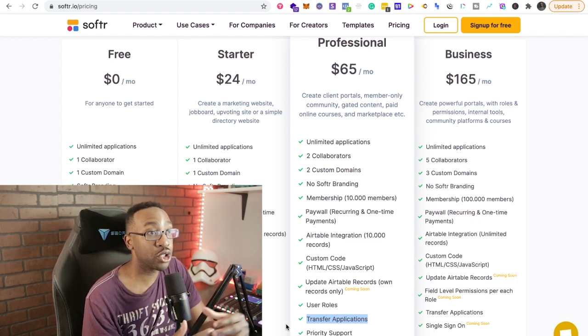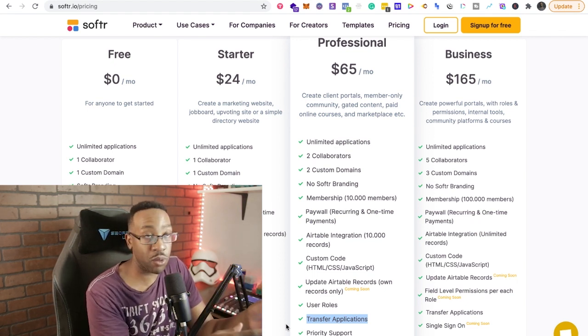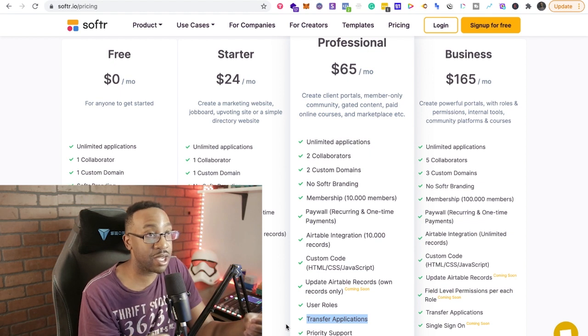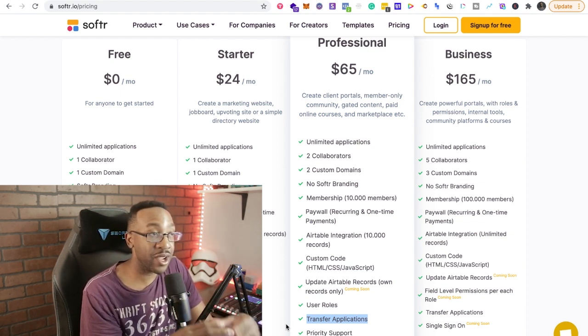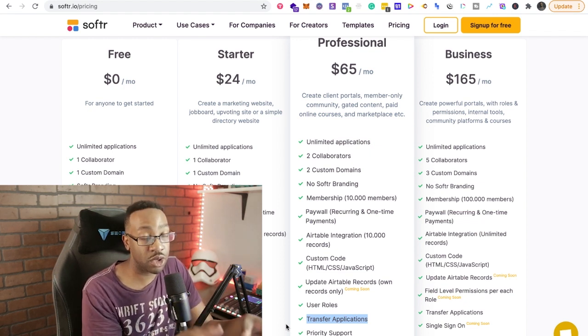I really see the benefit of this as a studio or an agency taking advantage of this. Instead of trying to do this half with WordPress and then having this be a component where you're embedding it, you could really be building out a very lean agency or studio using the power of Softr.